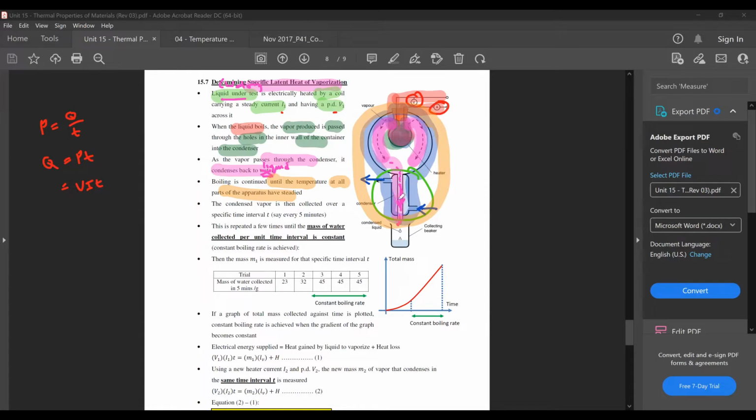You want to collect the liquid that is condensed back. All right, because the general idea is this: if you refer back to the definition of specific latent heat, it is the heat energy per unit mass required to change the phase of a substance from one to another at constant temperature, right? So for phase changes involving latent heat,